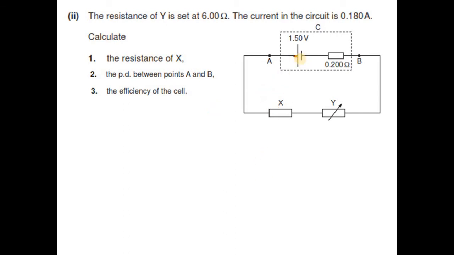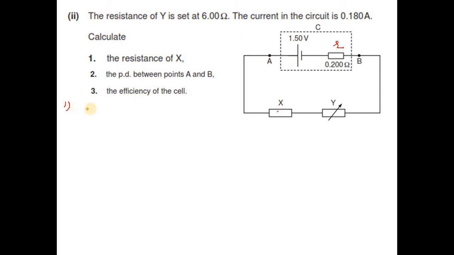So, if you consider that this is your power source alone, and we have three resistances. This is the internal resistance R, this is X, and this is Y. These three resistances are connected in series in a series circuit with this power supply. So you can say that